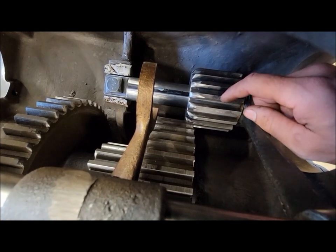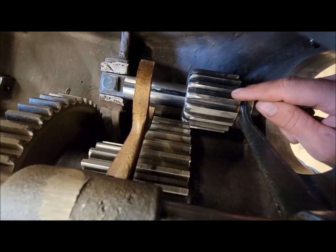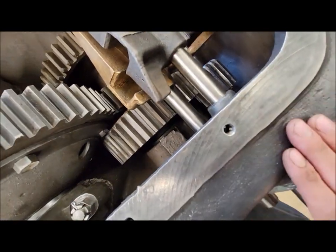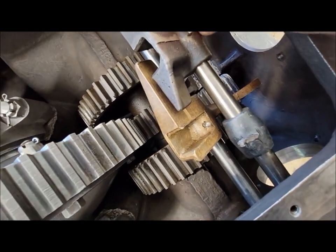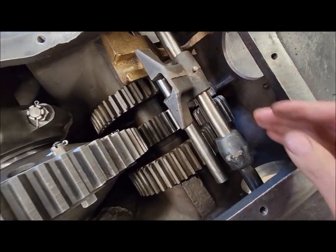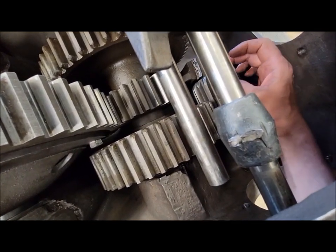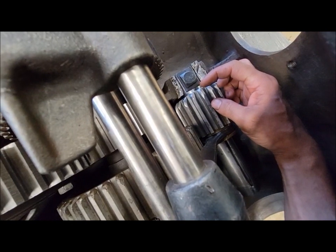People have suggested, well, maybe you can turn this gear around on the brass collar and use this good edge. Well, yes, you could turn it around, but the problem is, even if I did that, so this is neutral, right? When I put the transmission into what would be reverse, that brings this over to something like that, I think, about there. Move this just out of your way so you can see a little bit better. That really wouldn't be that far, but just so you can see. So this would be reverse, where this is over here, and then your sliding gear would be engaging all about to that point. Well, I gotta show you what I'm doing. To that point on